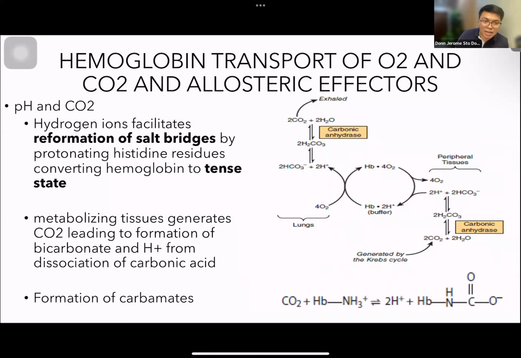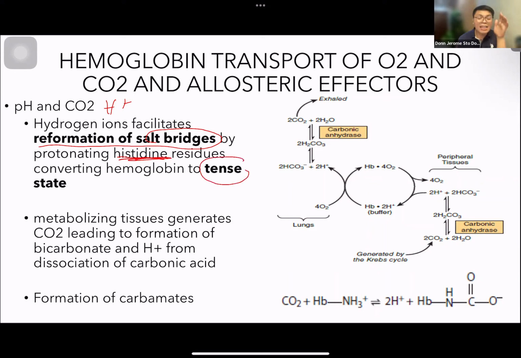Okay, let's try to discuss each of your allosteric effects first. First, pH and carbon dioxide. Sama na din natin ang hydrogen ions. So it says here that hydrogen ions facilitate the formation of salt bridges. Ano nga sabi natin, salt bridges? Is this also the ionic interactions or ionic bonds? Yes, no? This salt bridge protonates the histidine residue in your hemoglobin, facilitating now or converting the hemoglobin to